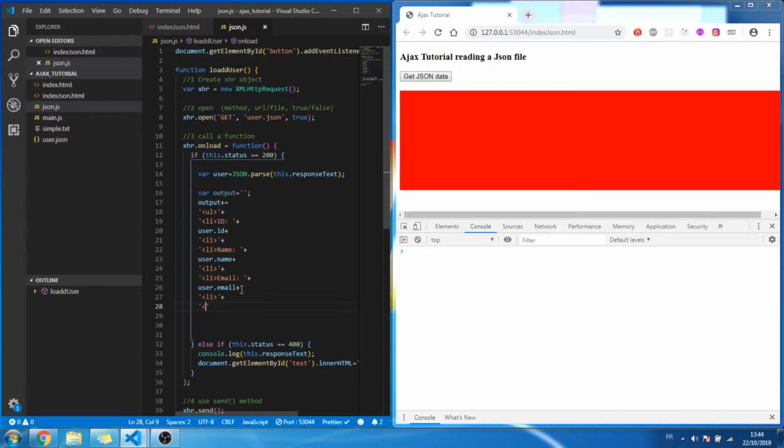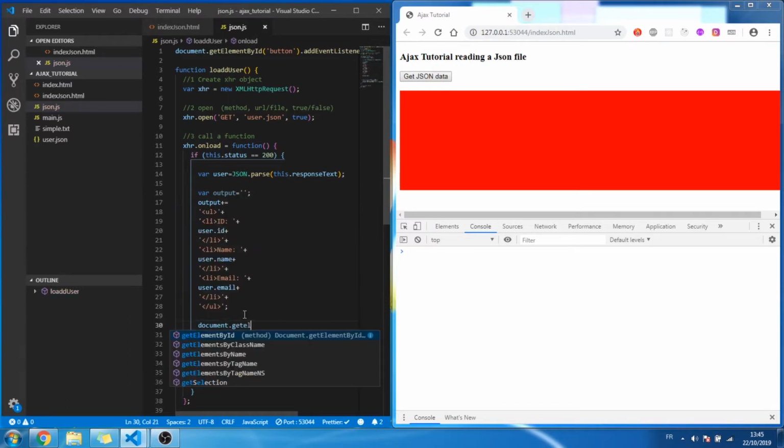I'm going to close this one. Yeah, that's true, I have to close it. Yeah, this one I have to close. Again, this one I have to close, and again this one I have to close. So list item ID, which it is getting from user.id, and then list item name getting from this one. Yeah, okay, once everything is done, then I will say okay,